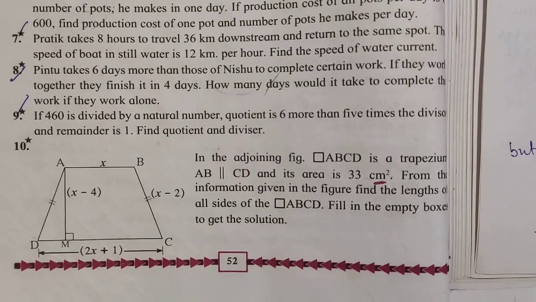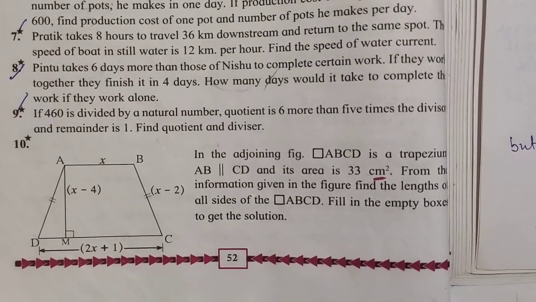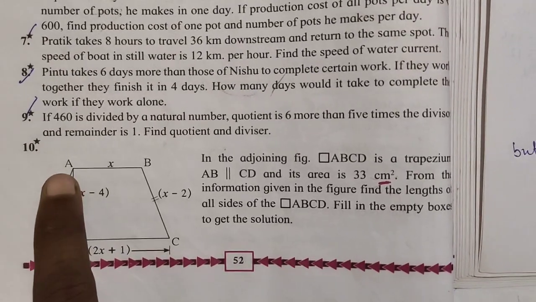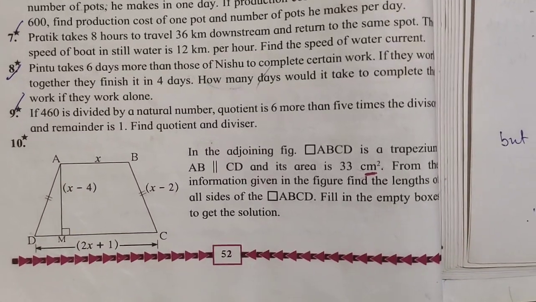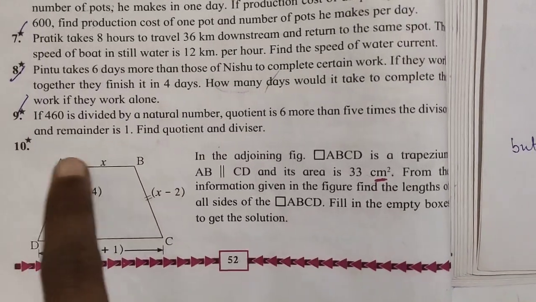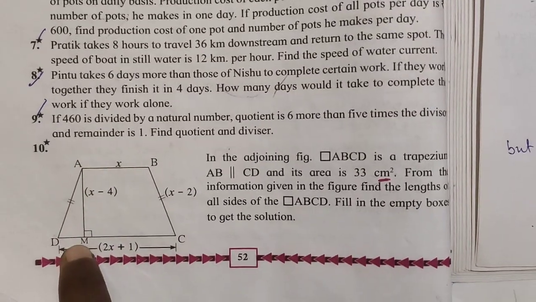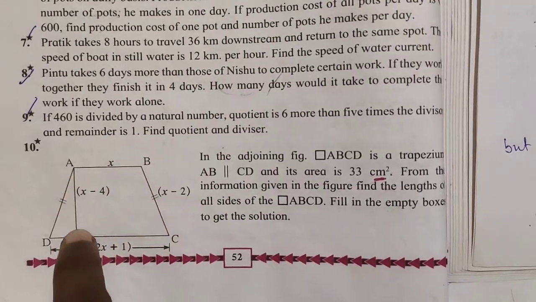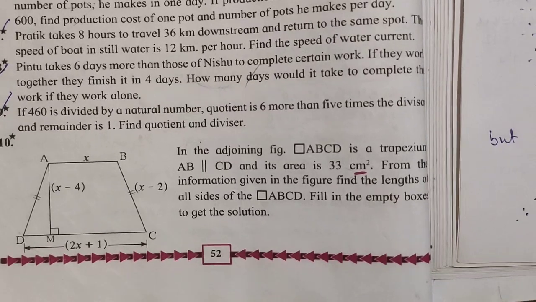Now what is the formula of area of a trapezium? Remember, for finding area of trapezium, you are going to write the formula. What is the formula? Area of trapezium is equal to half into sum of the parallel sides into height. That is the formula. Half into sum of parallel sides into height. So this formula is supposed to be used. Okay. Now see, this is the activity, right?